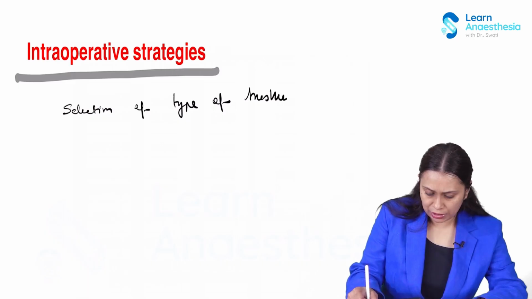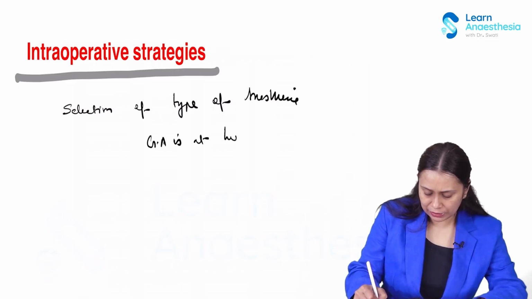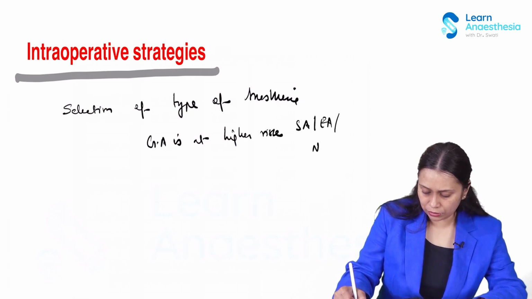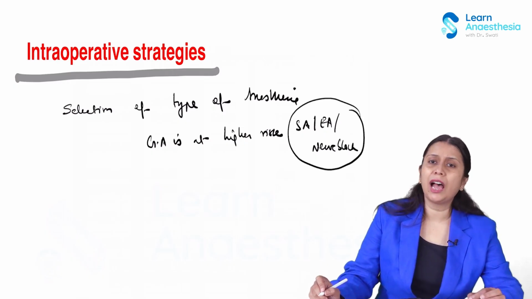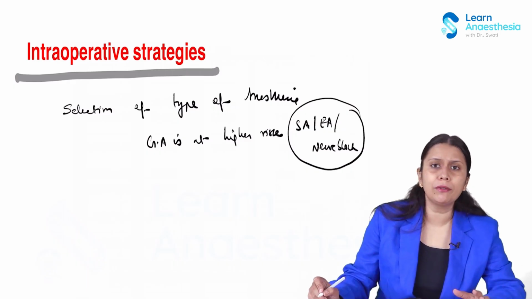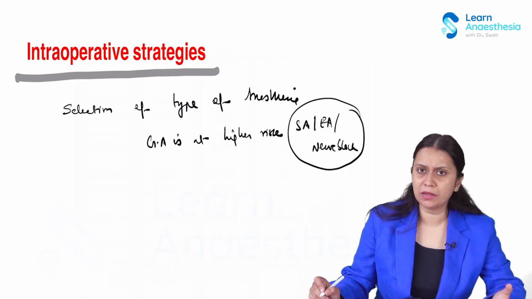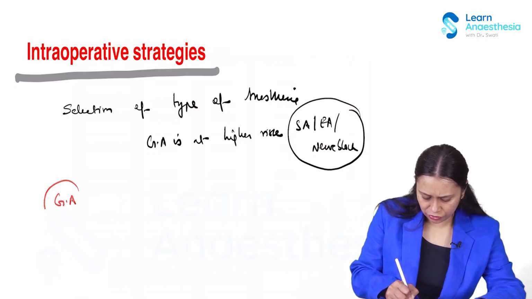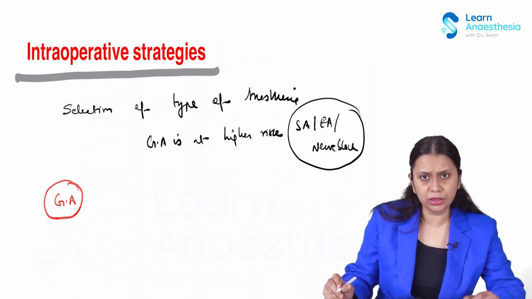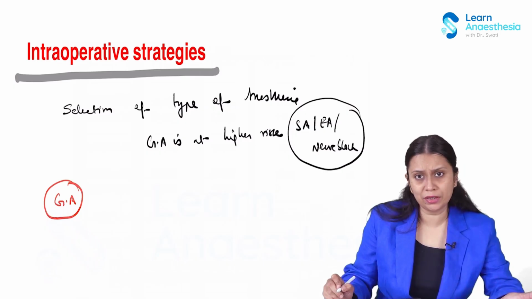Now, general anesthesia is at higher risk compared to spinal and epidural anesthesia and nerve blocks. So, wherever possible in a high-risk patient, we should go for these techniques. In my asthmatic or COPD patient, I preferably go for a regional or neuraxial technique if the surgery is possible with that. But if the surgery can only be done under GA, and there are so many surgeries which only require GA,